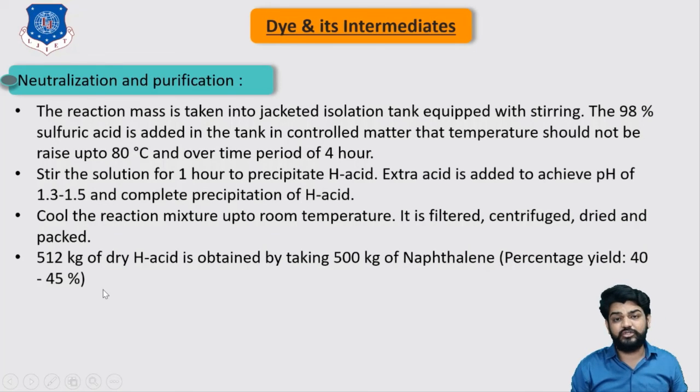So this concludes the production of H acid. We have understood the production of H acid with the help of the chemical reaction. Then we have understood the flow sheet,